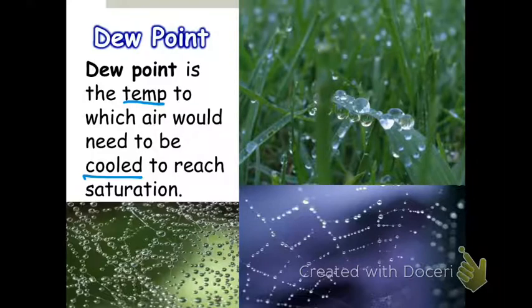But cooling, or becoming colder, is the key here, because the reason it's reaching saturation is due to it condensing. Get it? Due to it condensing. So the smaller that air gets, the less it can hold, and it's got to get rid of something. And so the water vapor is what it gets rid of by transferring it into a liquid form. So that is what dew point is.